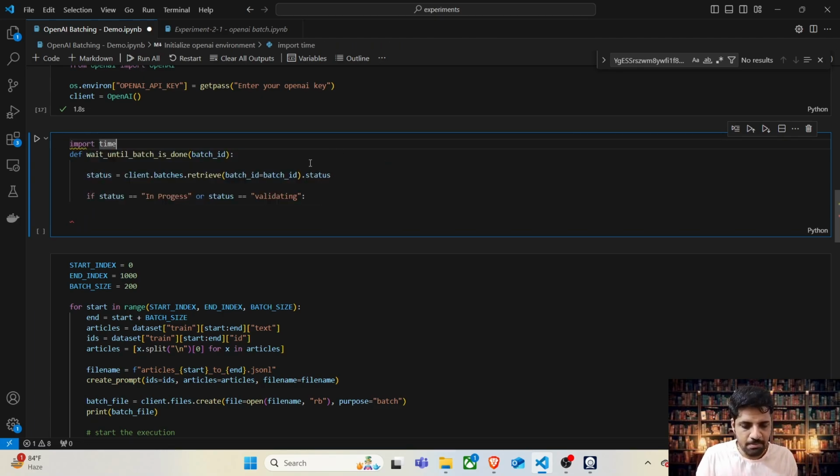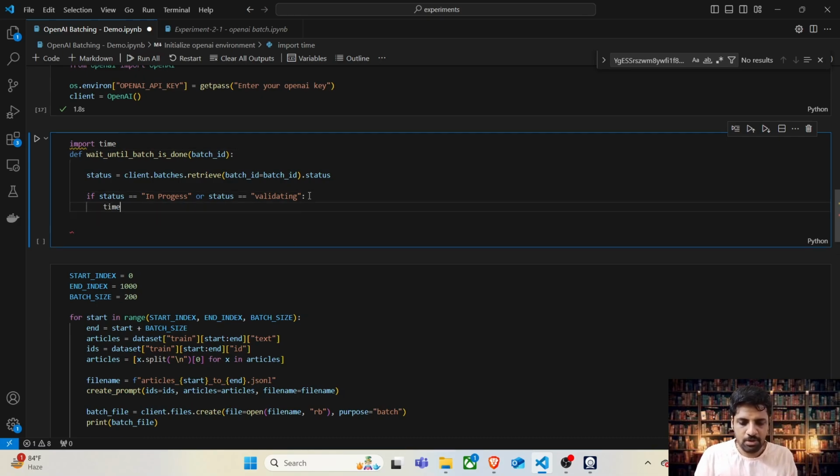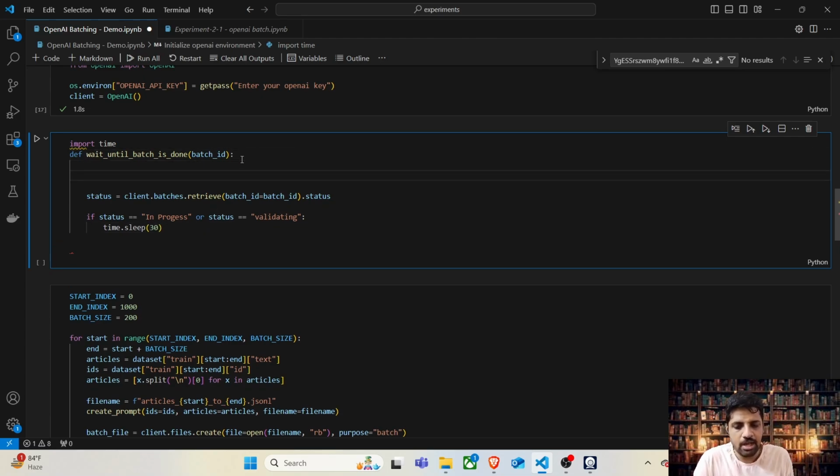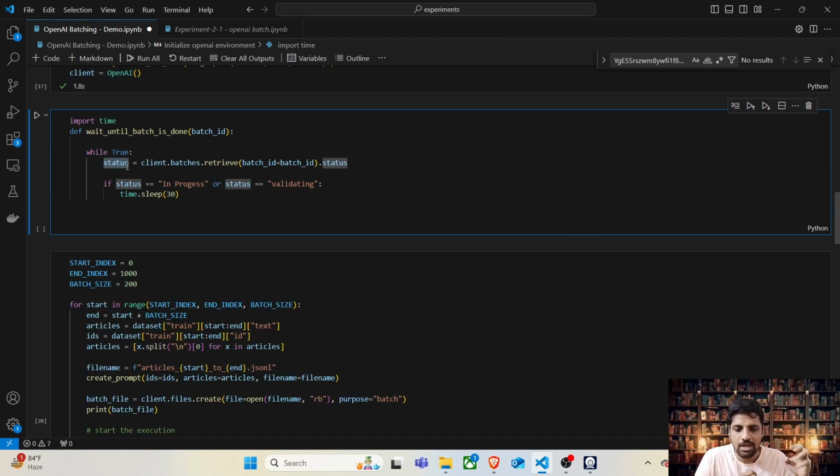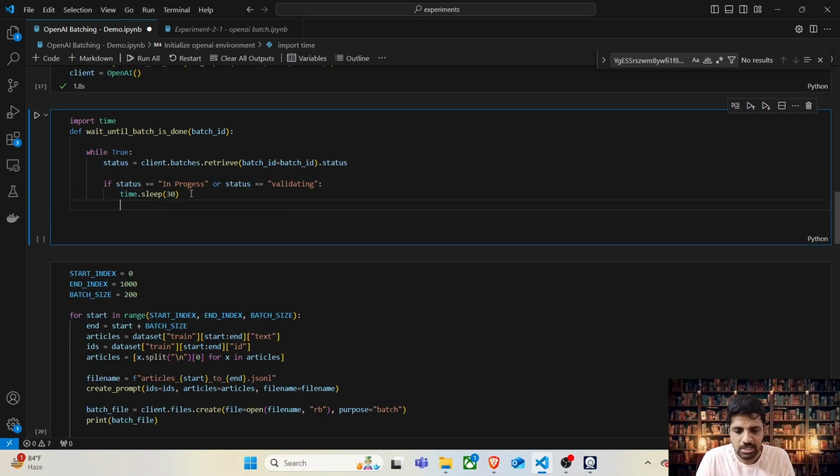Let's import time, and we have to wait, say time dot sleep of 30 seconds, right? But after waiting for 30 seconds, we have to poll it again, right? So to do that, let's add an infinite while loop, right? While true,